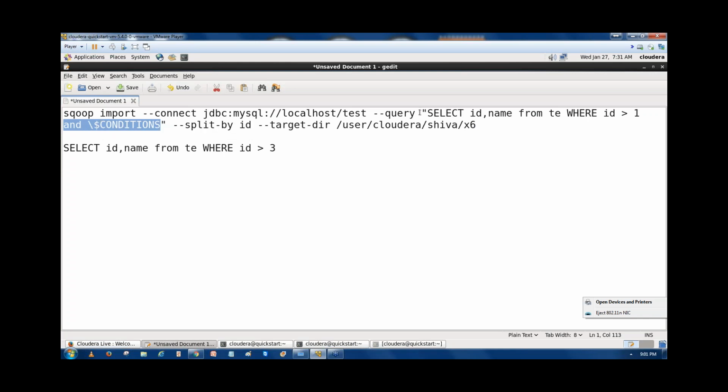This condition replaces the value which you are going to run on MySQL to import the data. After that use split-by and the column you want to split the table, so split by id, and where in HDFS you want to import the data, just write the directory.